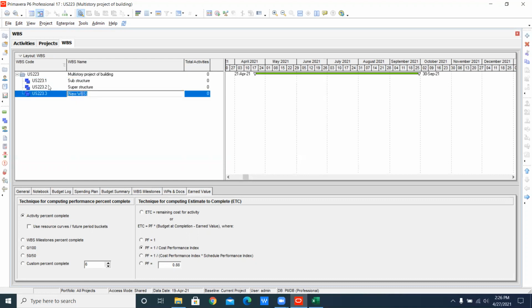Now just go to the finishing or close out. Finishing or closing. Here the risk is not so much. At the finishing or closing, the risk is, we can say, not so much, at the time of closing or finishing. Now, there is a substructure here right now. There is a superstructure and the finishing.